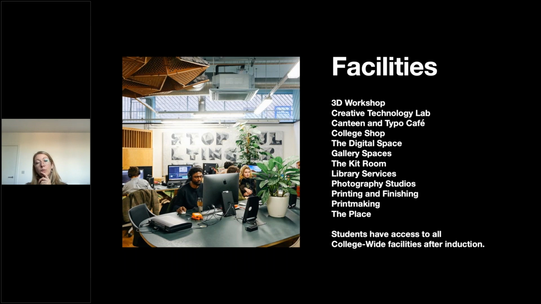And we're going to say that on the 7th floor, within our own space within the program, we've got the creative content lab. The creative content lab and digital spaces are amazing places where you can undertake some of your projects. We've got space for photography, for audio. We've also got a mini audio booth, and a lot of other software facilities and spaces for you to be creative and explore some of the more hands-on assignments that you might get. So you have also college-wide access to these different facilities, remember that.